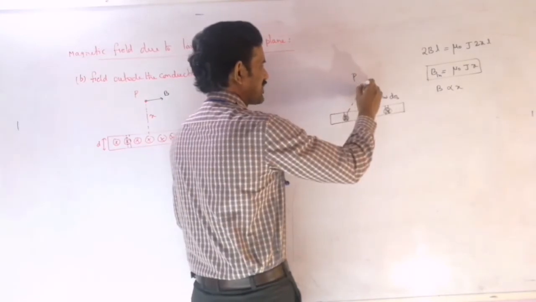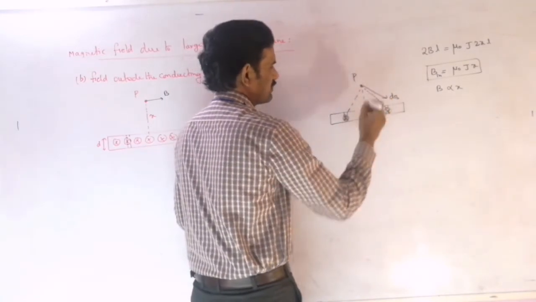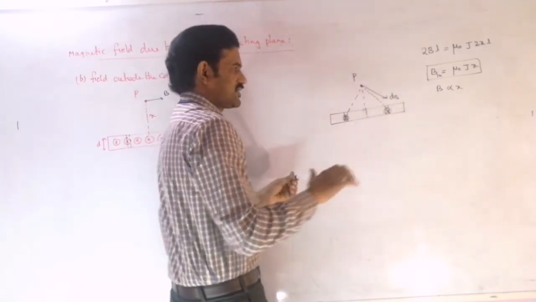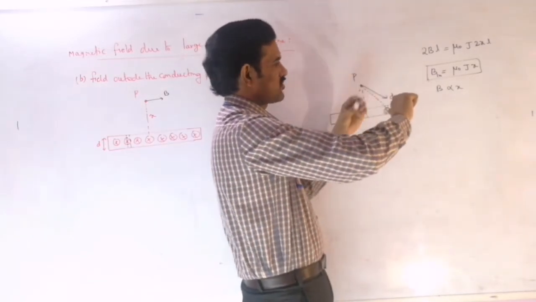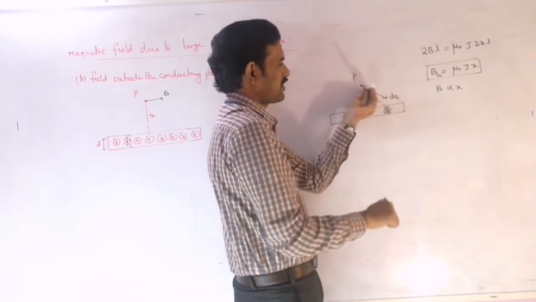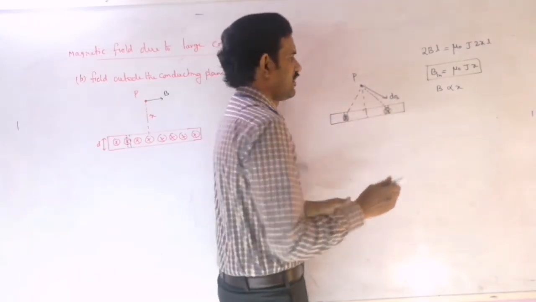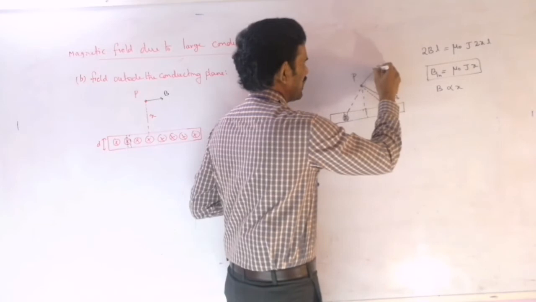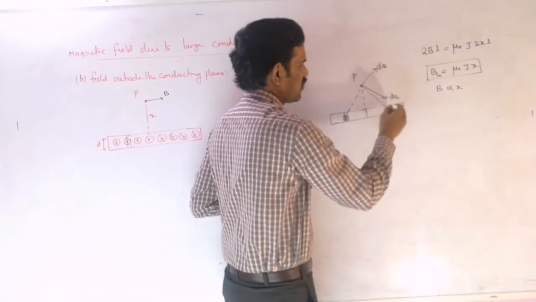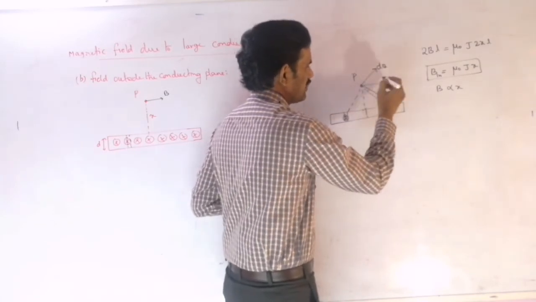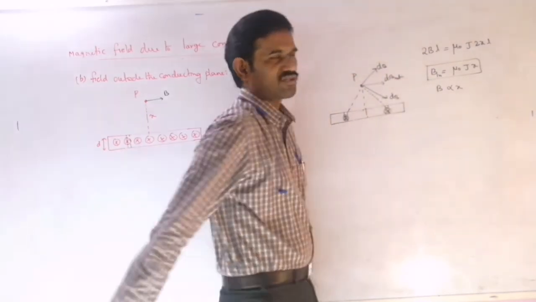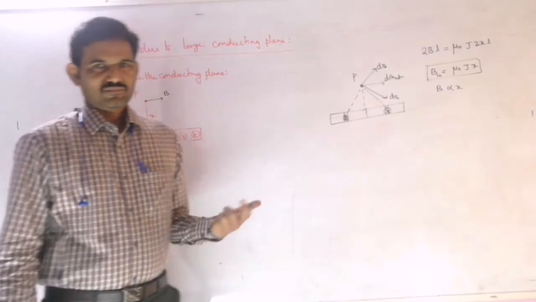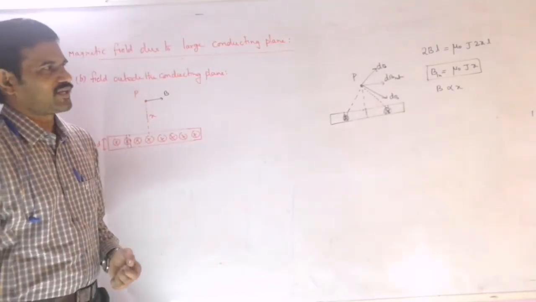And similarly, now let us write the magnetic field due to this element here. Here also current is flowing, so the field lines you will get like this. So the tangent will be perpendicular to this radius. This will be the radius here, and so the magnetic field will be along this direction. If you resolve this into components and simplify, you will get the net magnetic field along the direction. That's what I am saying here.